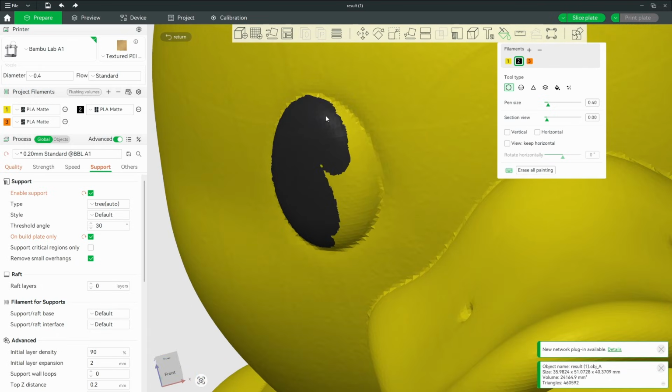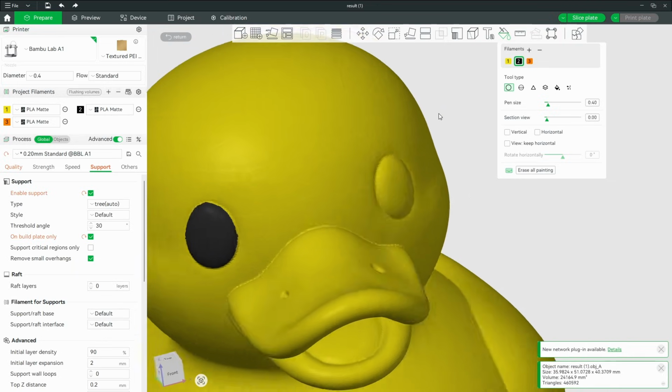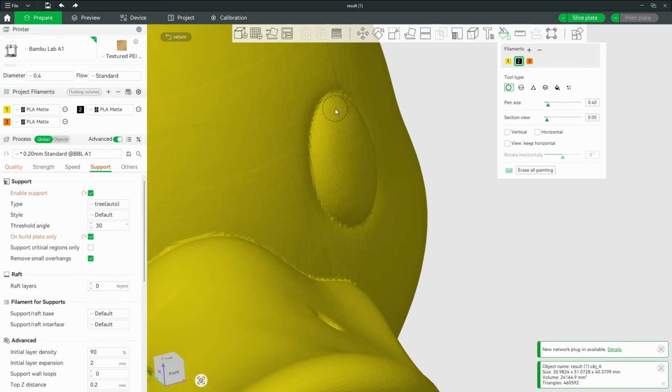So, if you get a little overlapping, depending on how critical you are of that stuff, you can fix it or you can just let it be. Like that little line right there, I'm not concerned, right? So this is what I do with all my models, guys, and I make some more intricate